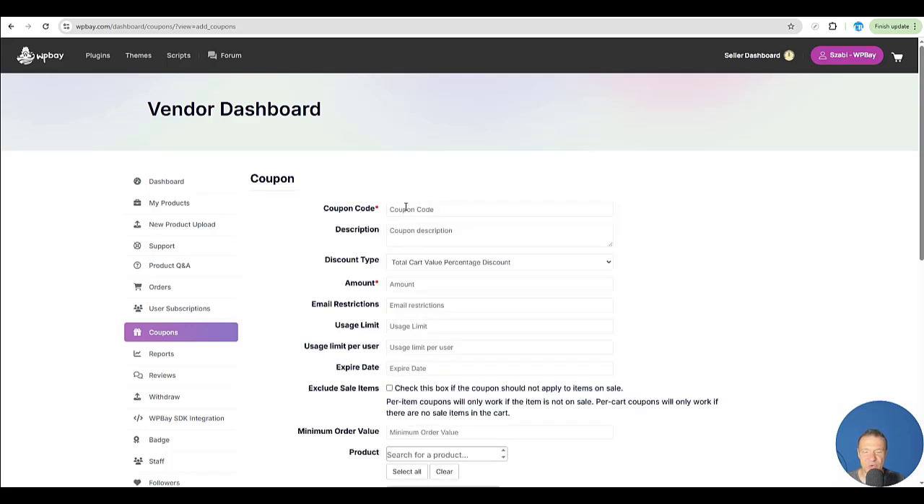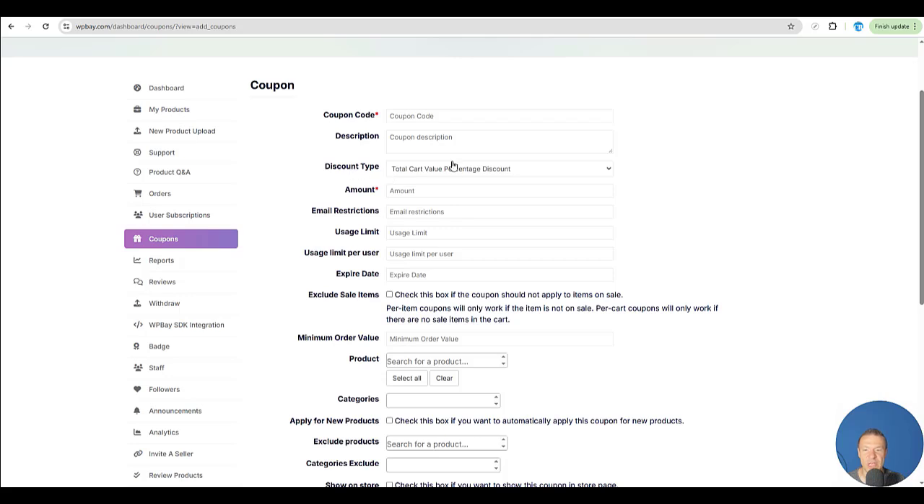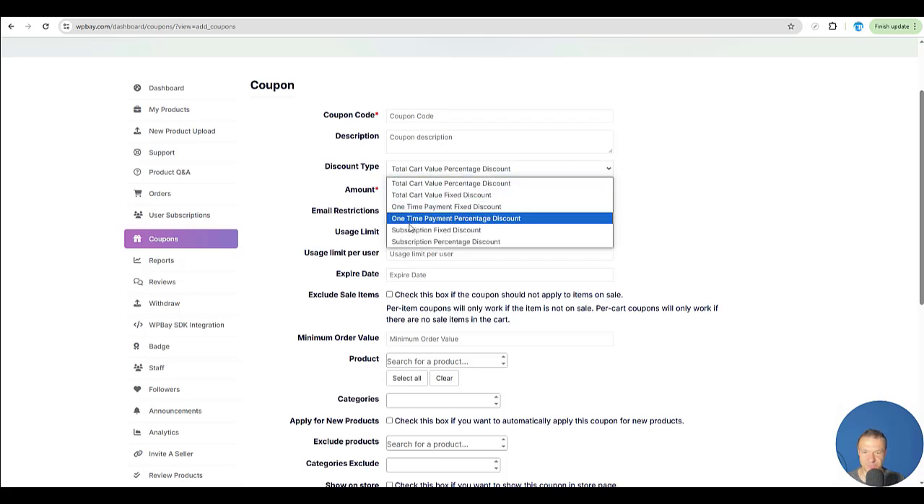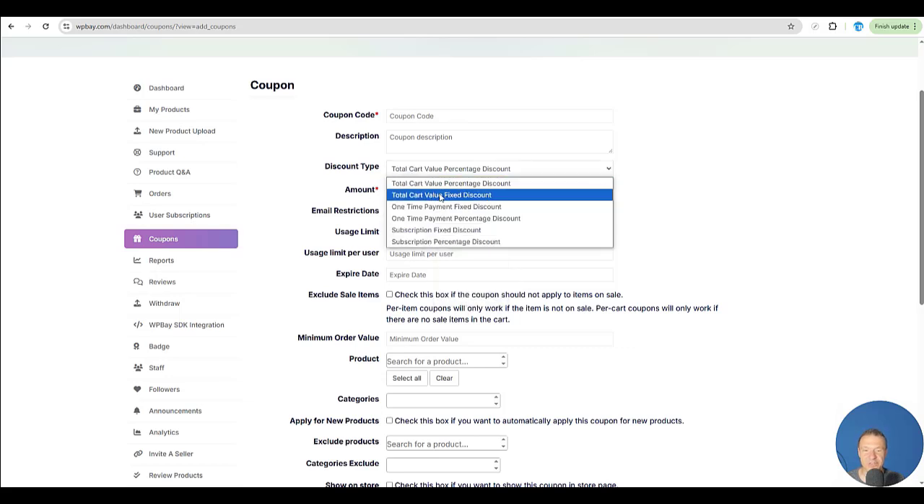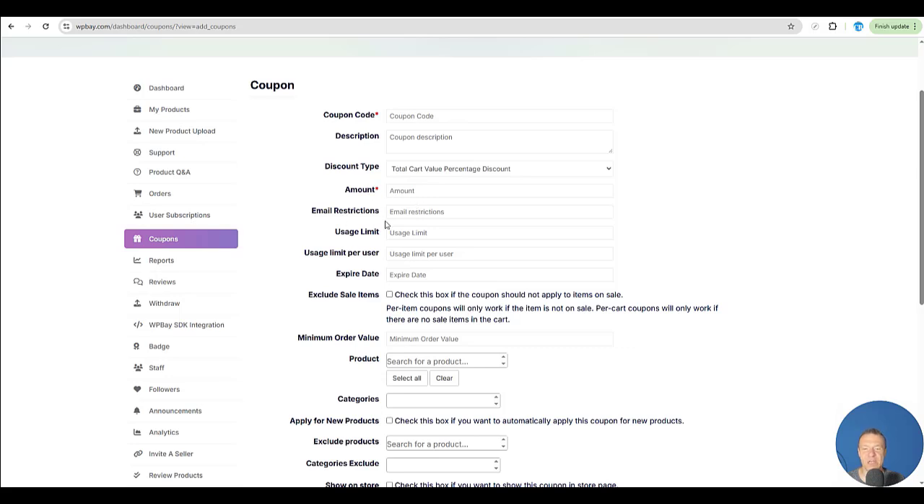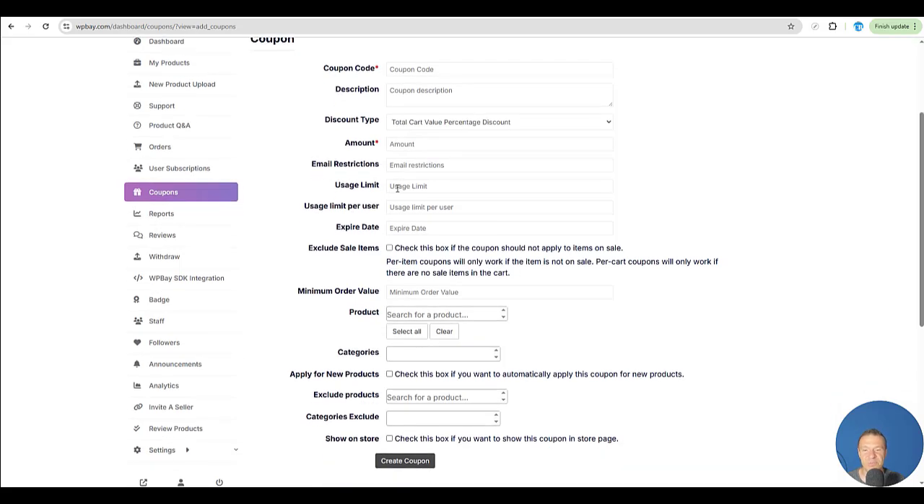So set your coupon code here, add a description, discount type. You can select total cart value percentage, total cart value fixed discount, one-time payment fixed, one-time payment percentage, or subscription fixed or percentage discount. Amount, set how much you want to be discounted, fixed or percentage here. Email restrictions, set the email that you want to allow to use these coupons. Usage limit, count, limit per user, expiry date,